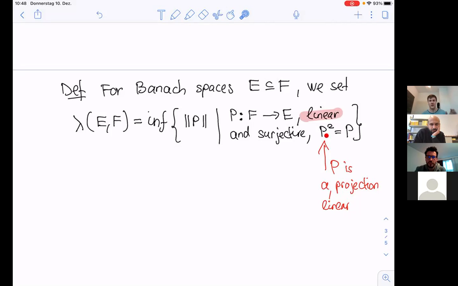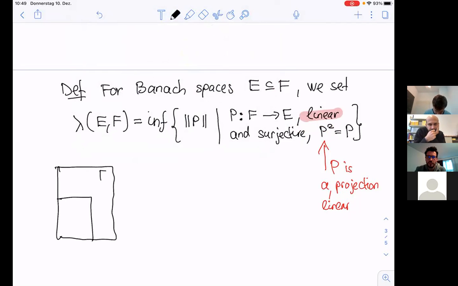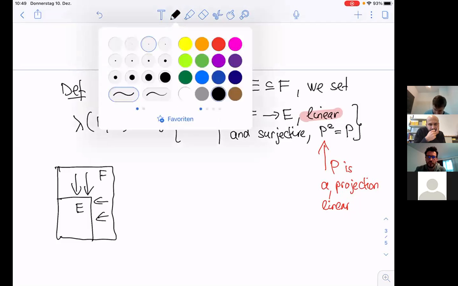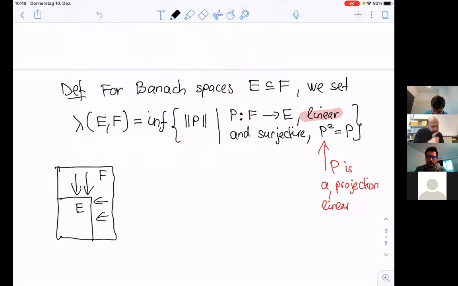Maybe this is not the best way to write it, but it just means that you have F and E, and you do this. I can draw the picture. So that's what happens linearly. Okay, so I did this for an ambient space F, and now once again in this business we take the